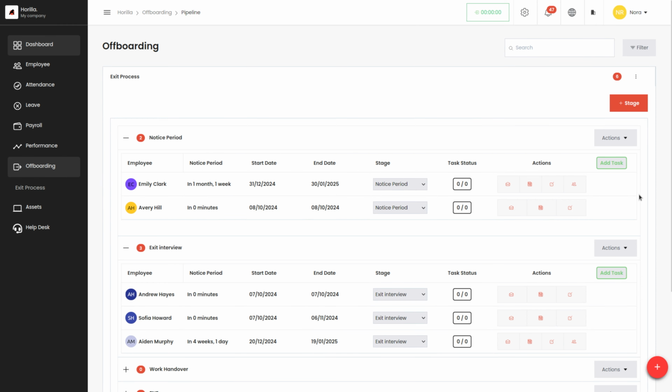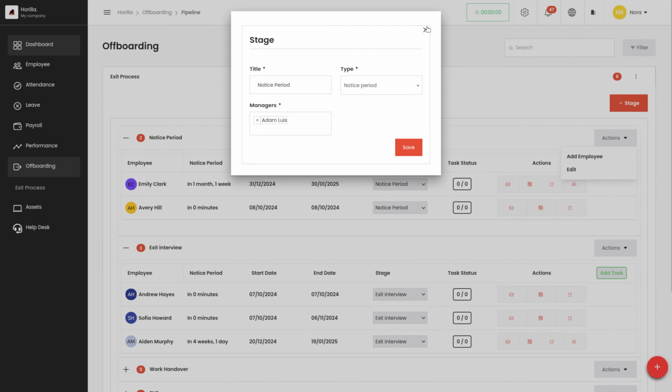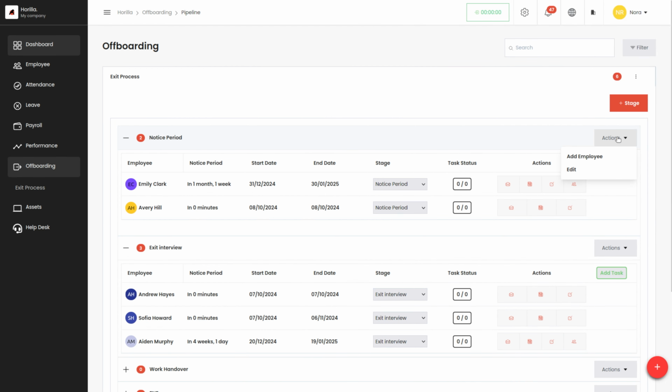And also, if you want to perform any edit to the stage that has already been created, you can simply click on edit and make the edits. And also, she can add employees to the offboarding since she has been set as the manager.